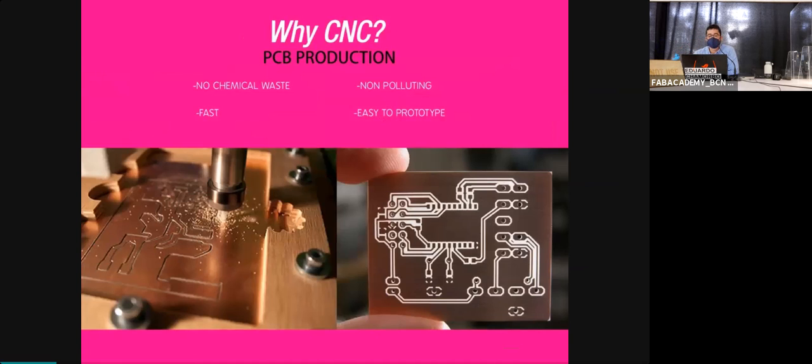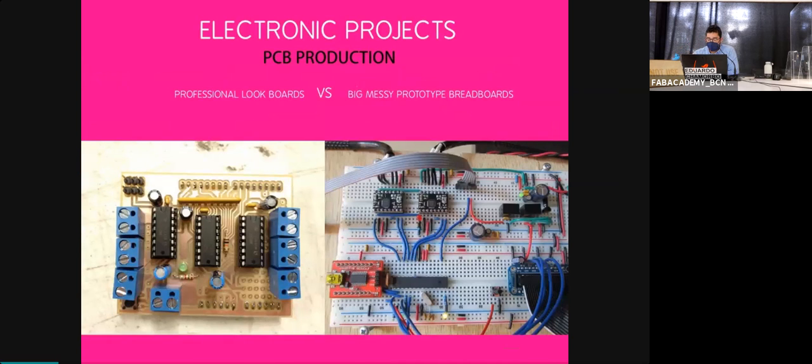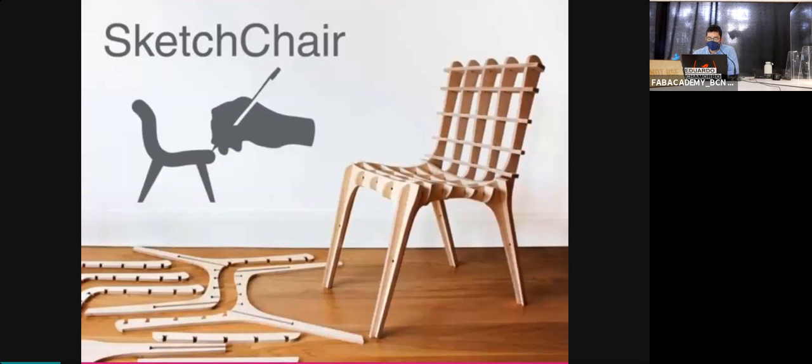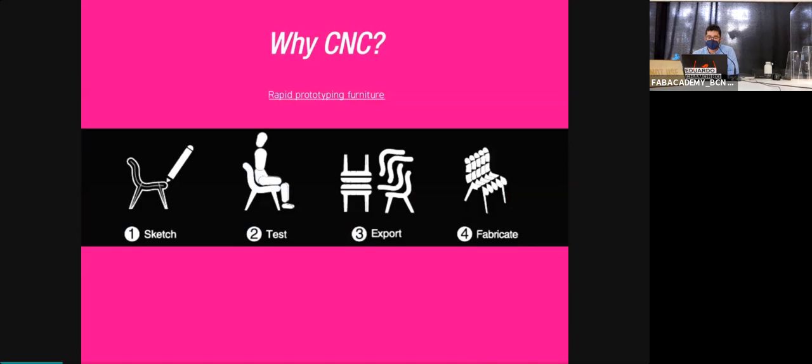Milling PCBs. We already went through this a few weeks ago. For example, for those who are not confident with the design and still want to test, there is a really old tool that you can still download. It's open source. It works really badly. I have to be honest, compared to newer programs, this one is easily 6 years old. It's called Sketcher. Basically you design a 2D sketch and the program automatically creates a waffle structure for you,